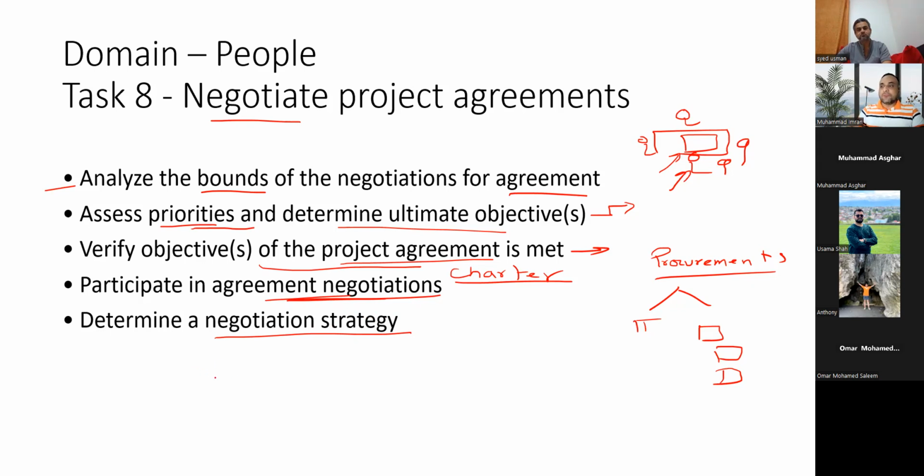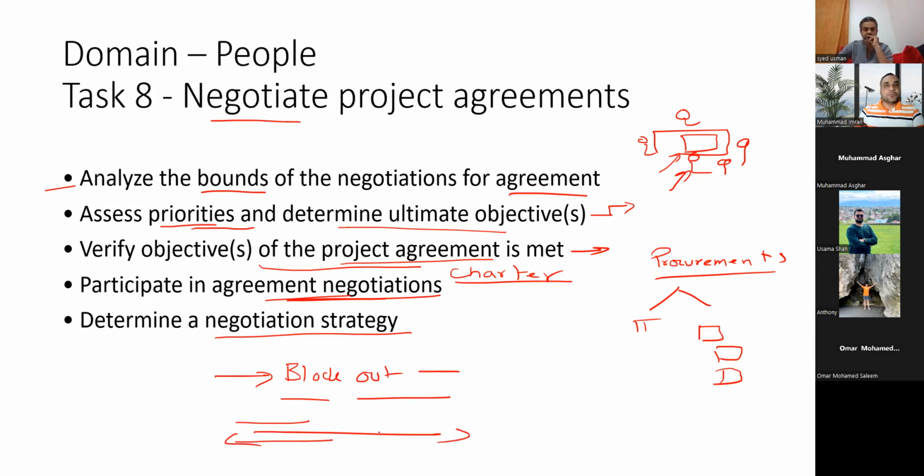For example, there was a situation in the slides where you are going to discuss the blackout time. Blackout time means for how much time your servers will be offline, for how much time your plant will not be working or producing the oil or water. So you have to discuss 4 hours, 6 hours, 8 hours, and what the consequences will be. If you are laying the railway track, after laying it, how much time do you have to wait before you can pass the train carriages upon it? Those things you have to discuss and negotiate as a project manager.